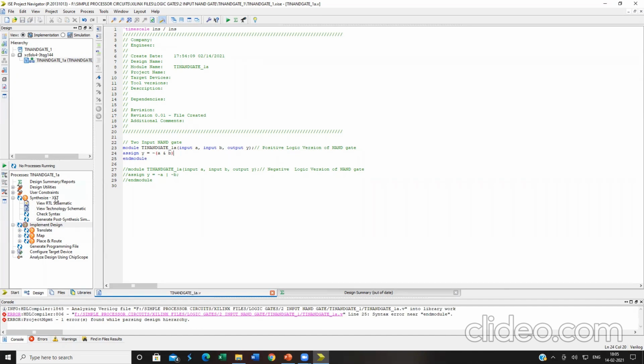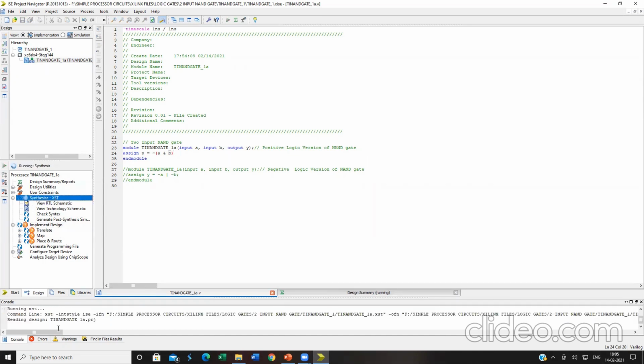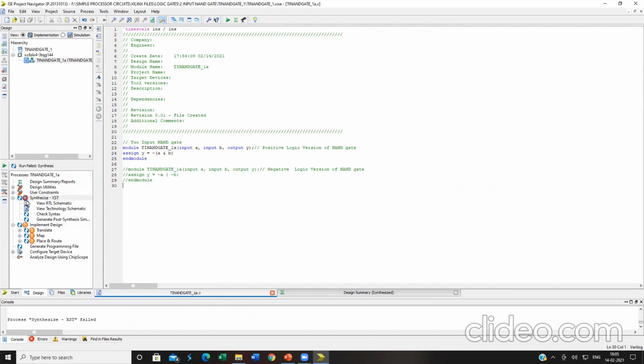In spite of that, if I run it, it will come with an X mark over here. See over here, X mark. And here you can view what the actual error is. It says there is a semicolon missing over here, by saying syntax error near the end module. Kindly include it. Again, click Control S.